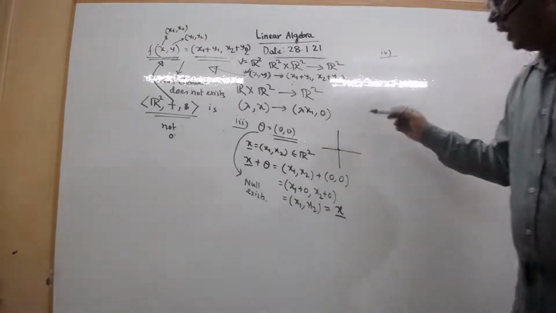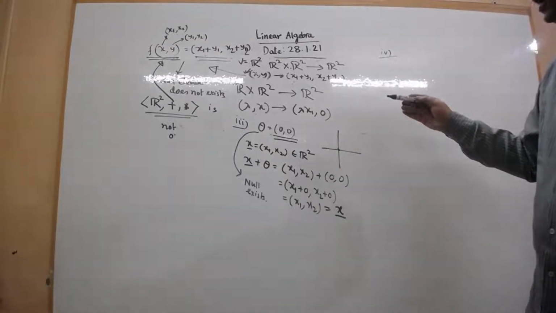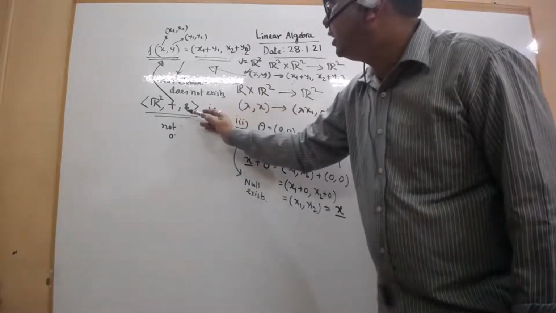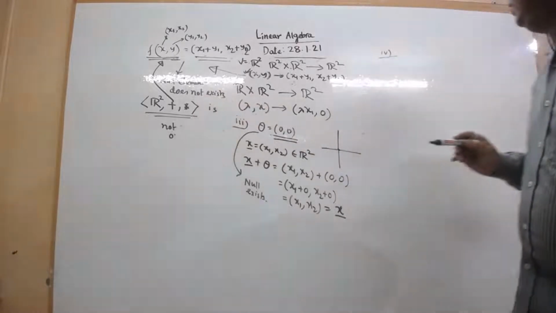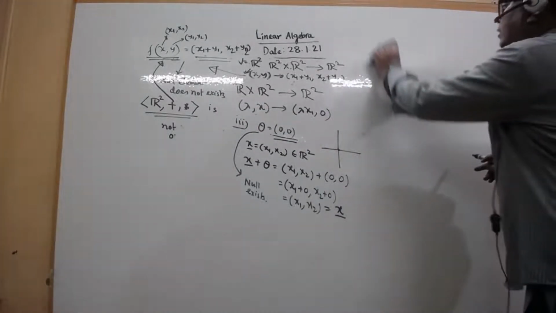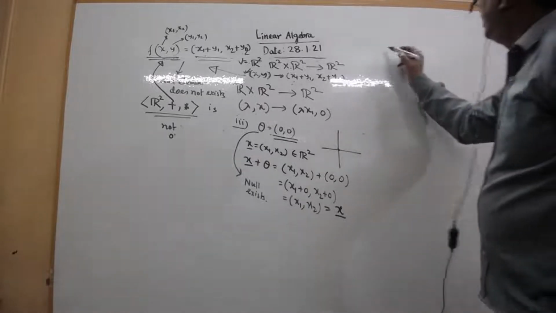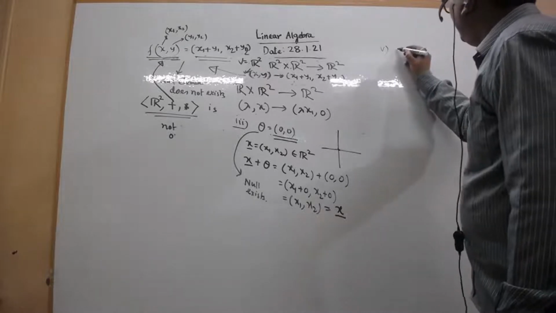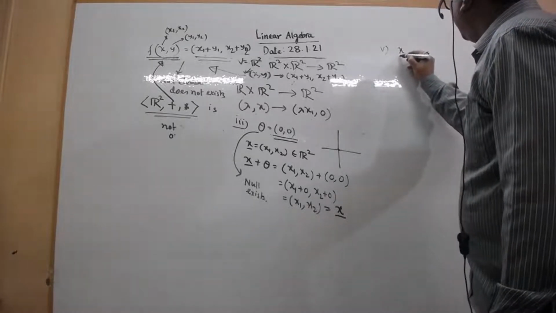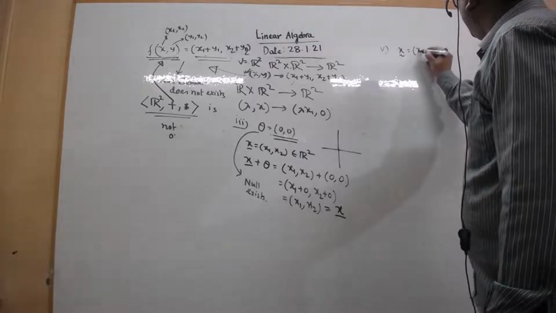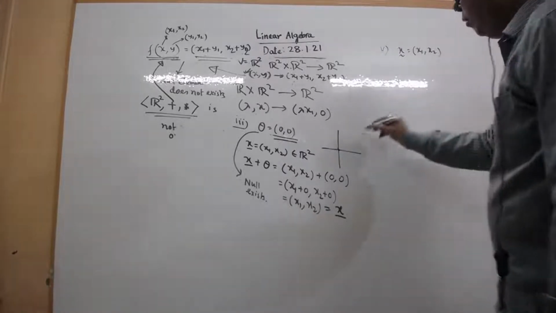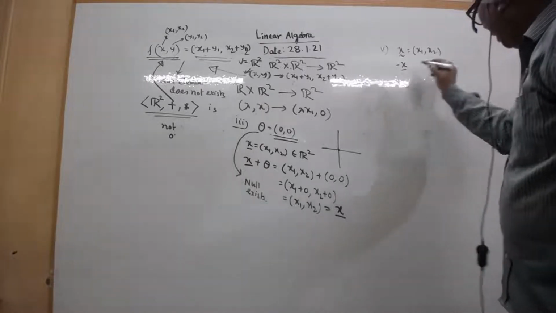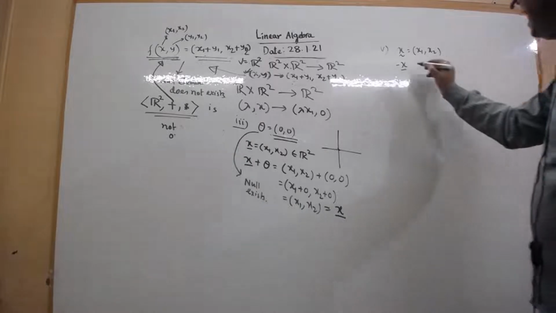The second axiom is closure under scalar multiplication. The third is the commutativity property. The fourth is existence of the null element. And the fifth axiom is existence of the inverse element. Now take x curl, (x1, x2), any point in two-dimensional space, and define minus x curl as